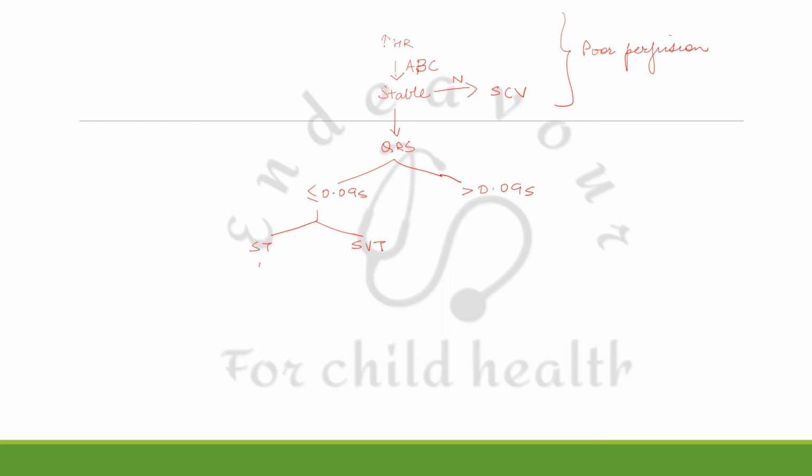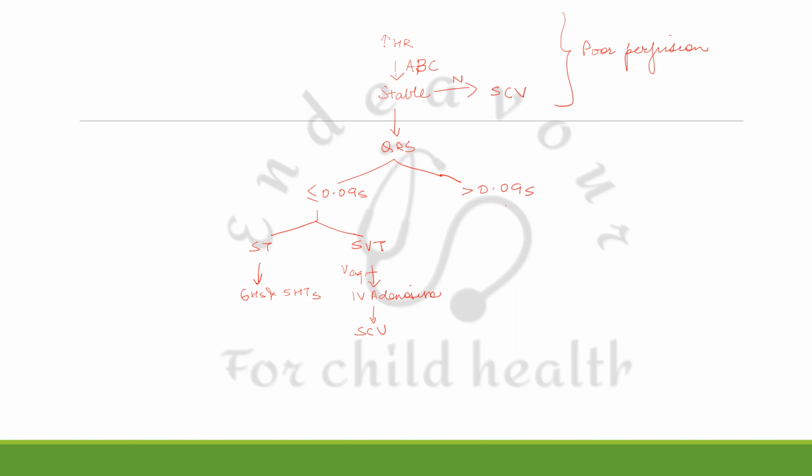So if it is a sinus tachycardia, you can identify a definite cause. You search for the cause and treat it. The most common causes are the 6 H's and 5 T's, which we had seen earlier in the video. If it is a supraventricular tachycardia, then you must consider IV adenosine by the rapid push method, and if it does not revert, then you have to go for synchronized cardioversion. Meanwhile, here you can try vagal maneuvers if you have the time to do so.